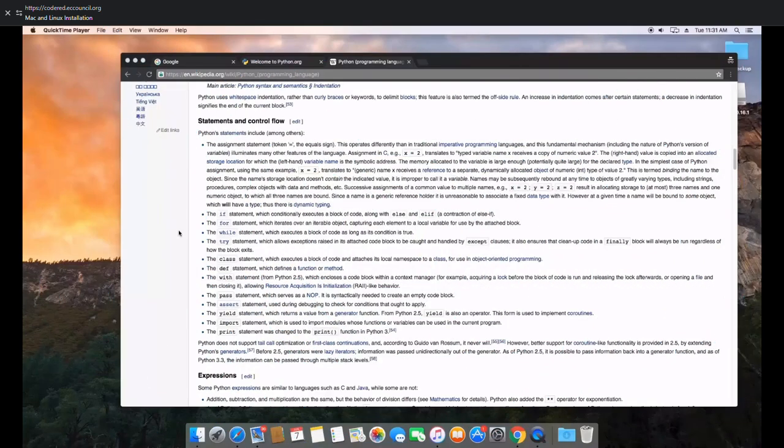So the first thing that we need to do to get into programming in Python is installing it. So let's go ahead and discuss the 3 different ways that you're going to be installing it. First, we're going to cover Mac because that's what I'm using, and so it's easiest to show you how to